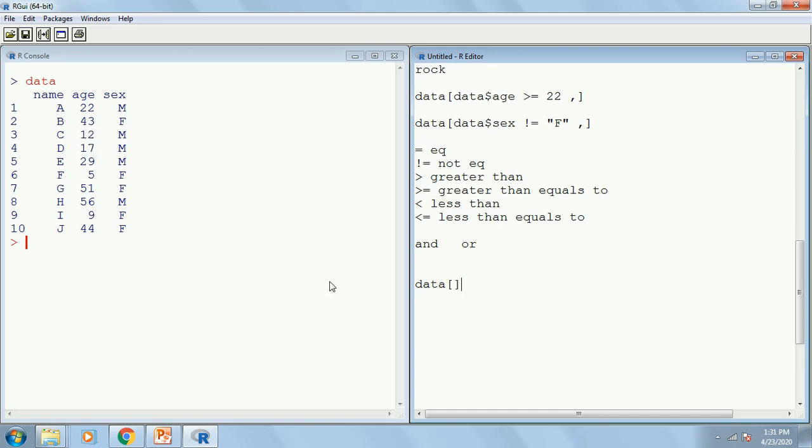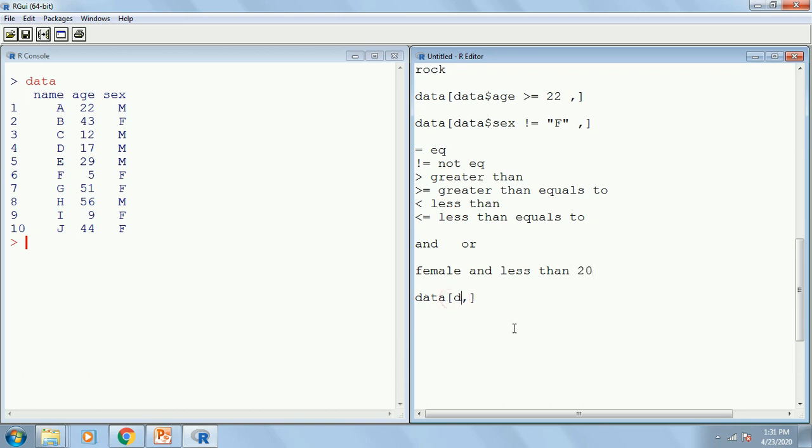So I can write a comma, this is the same format. On the left hand side, first put the first condition. I said they have to be female and less than 20. Not less than equals to, just less than.